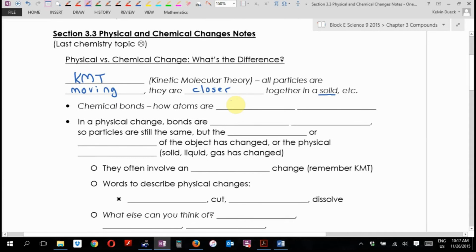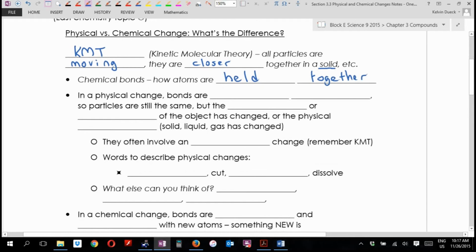Chemical bonds, these are how atoms are held together. Atoms are held together with chemical bonds. In a physical change, not a chemical change, but in a physical change, the bonds are not broken. So the particles are still the same, but the size or the shape,